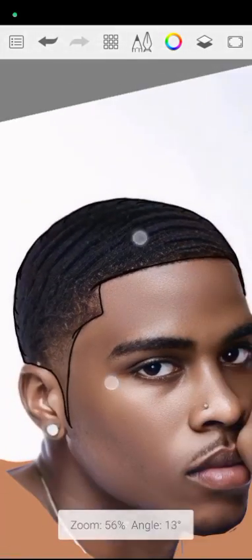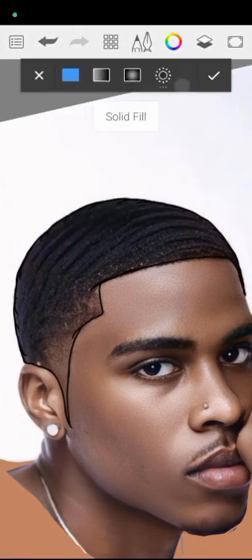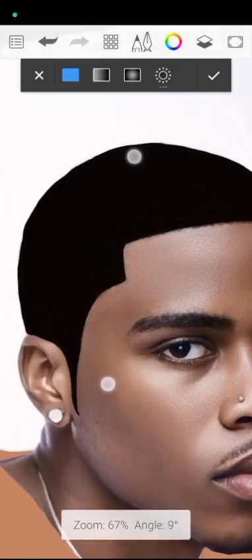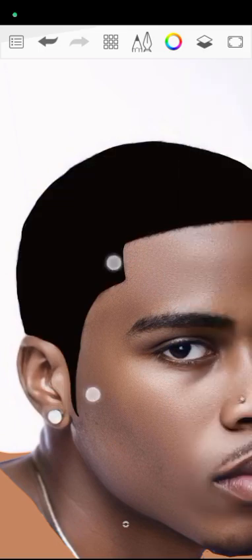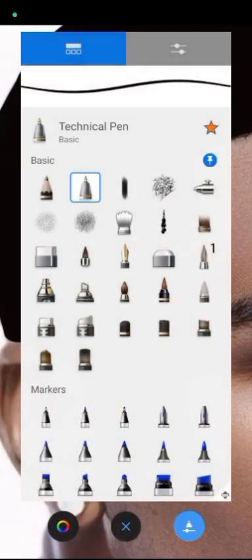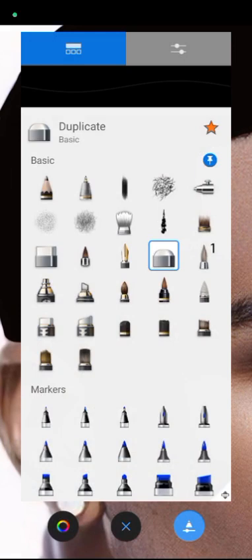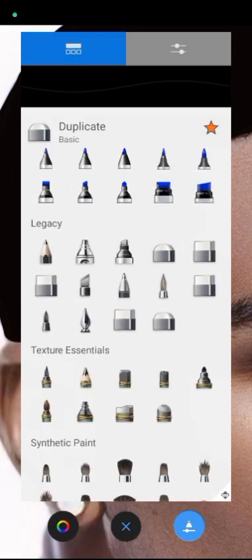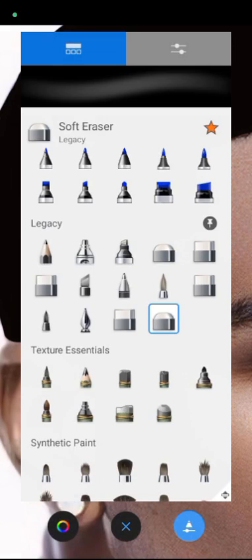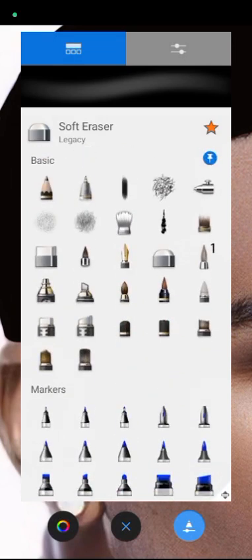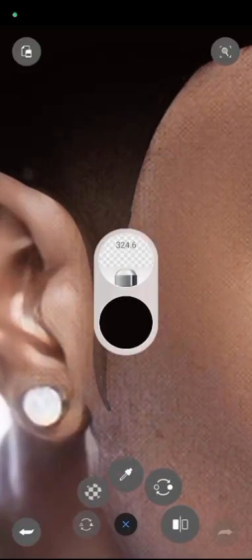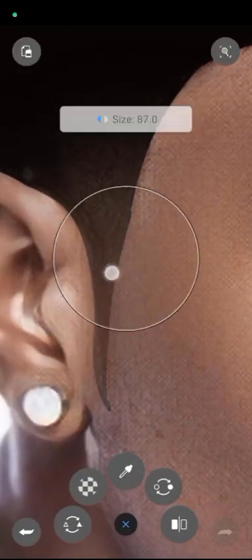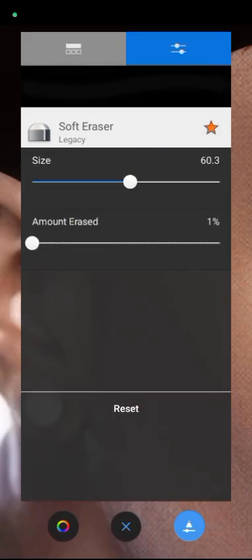So do you see it? Let's fill it. This part. So click here, then use my soft eraser. You can see your soft eraser here on legacy. I'm the one that took it up here by clicking and dragging. So I'm going to erase this place, reduce my flow, reduce the amount erased